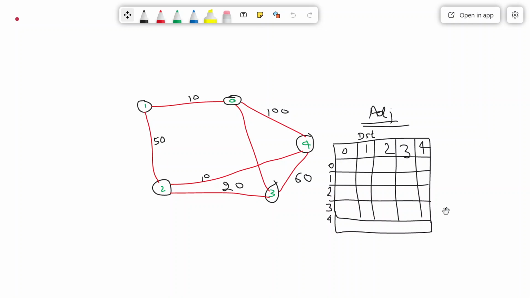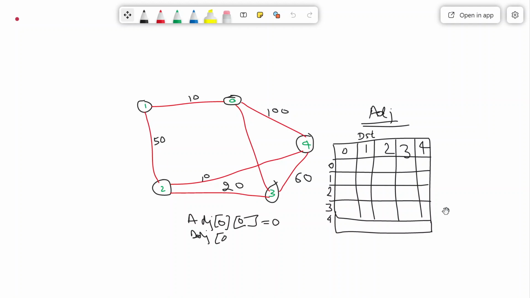Basically what I'll do is prepare a matrix, the adjacency matrix. Adjacency matrix 0 0, this is 0 0. What is 0 and 0? This is the length from source 0 to destination 0. What is that? It is 0. Got the idea? Similarly, if I ask about adjacency 0 and 1,